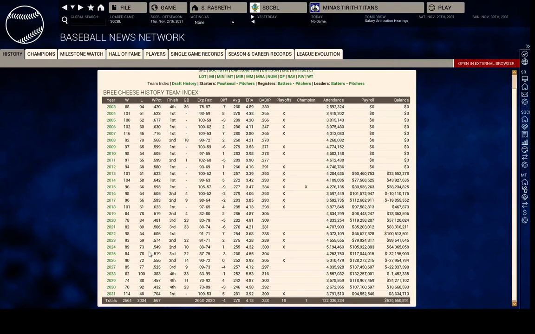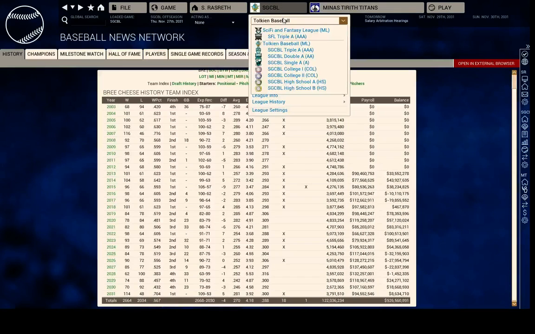How many teams are in the league? There's 24. Each team's got 3 levels of minors, AAA, AA, and Single A. And then when they added feeder leagues, we put in 2 college leagues with 2 divisions each of 24 teams in each division. So there's like 48 college teams, and then 2 high school leagues with like 48 high school teams as feeder leagues. And then a few years ago, we added a second major league